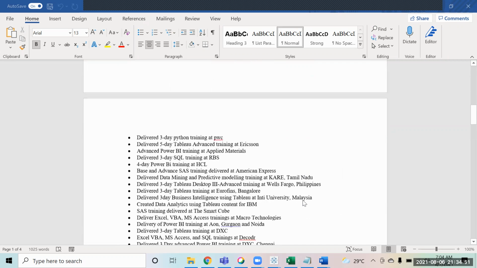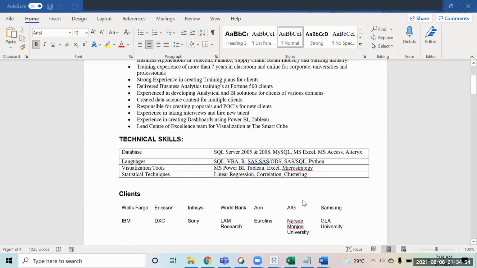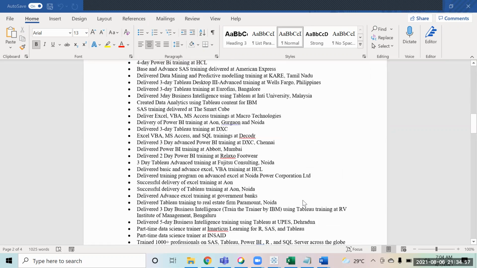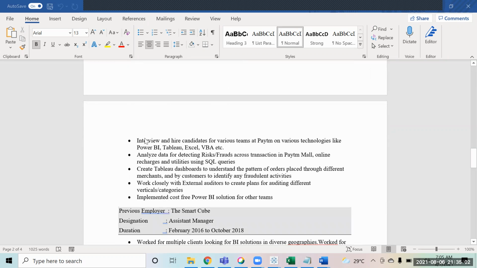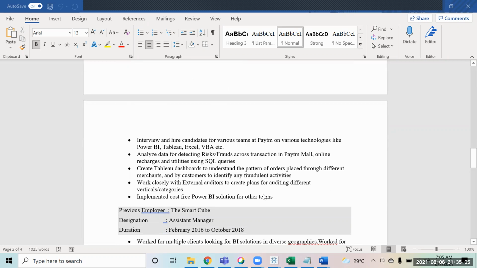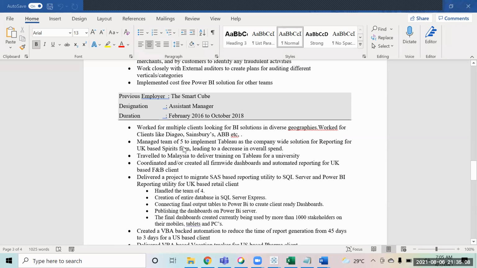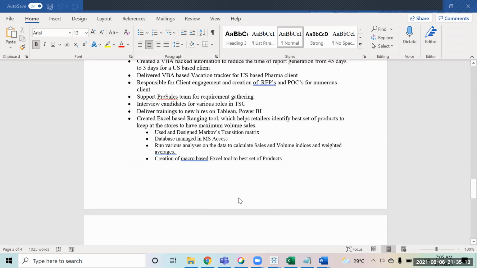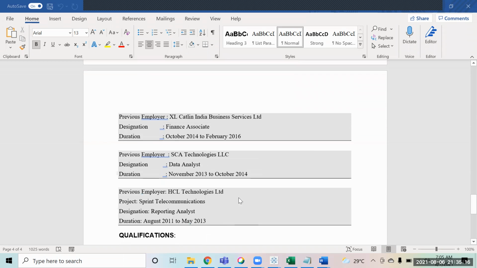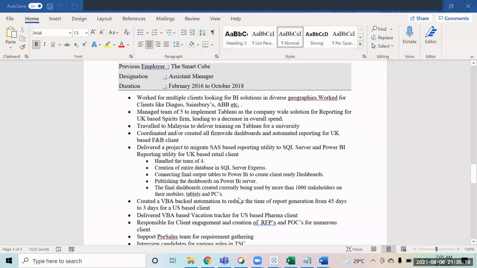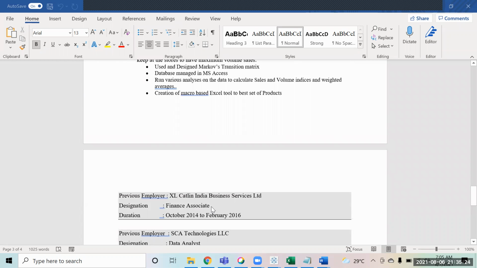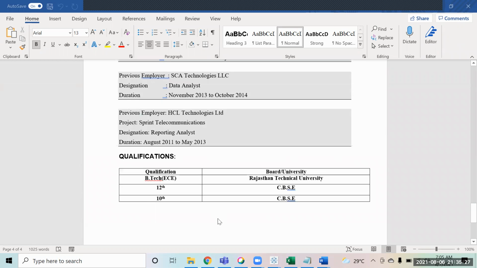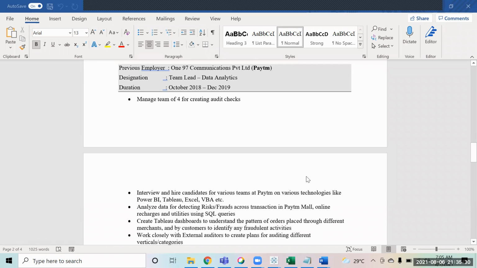I'll just tell you that. Sure. I've just kept it very simple. This is more of my training resume. So I've mentioned all my skills and the tools that I use for analysis purposes. Simple that way. Working with other firms, the clients that I have worked with, and what technology I used there. Those are the things I have mentioned in my resume. And if you see, I have not even kept all the experience, just the recent ones, and for the older ones I've just mentioned the profile name and the duration I worked. That is how I have maintained my resume.